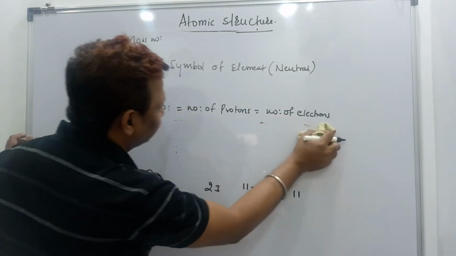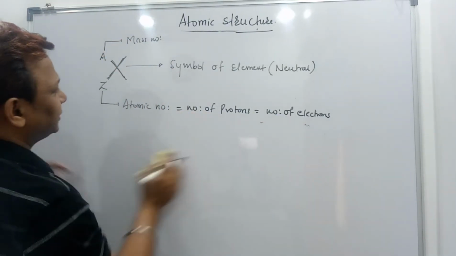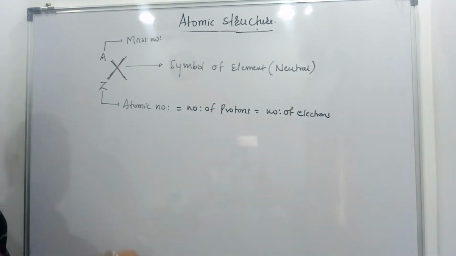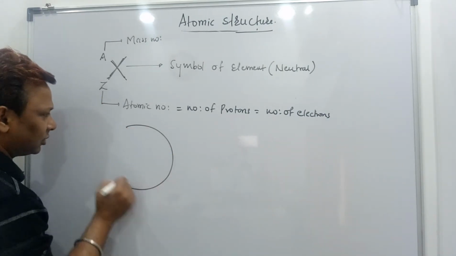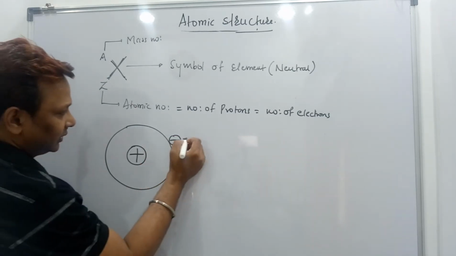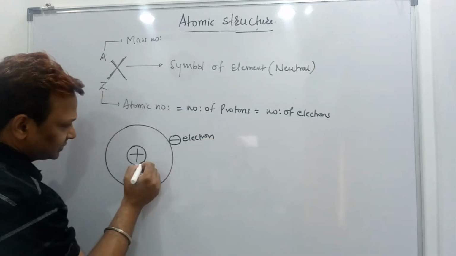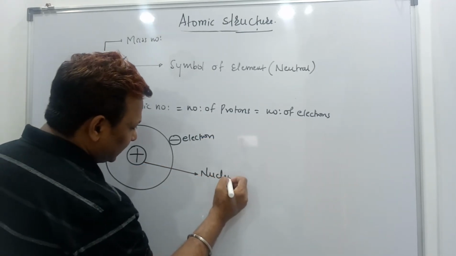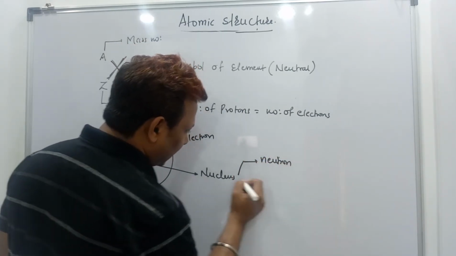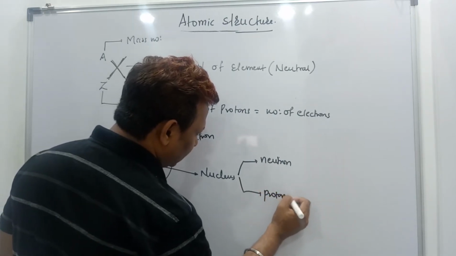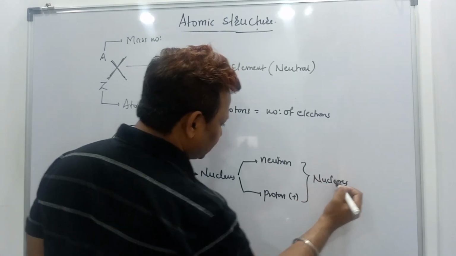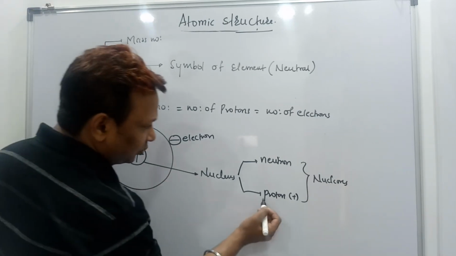Now see here. I have discussed with you that for a neutral atom, the number of protons is equal to the number of electrons, which is equal to its atomic number. In the structure of an atom, there is a positively charged nucleus and negatively charged electrons. Do you know this nucleus contains nucleons? A neutral neutron and a positively charged proton. Together, neutrons and protons are called nucleons. The nucleus is positively charged due to the presence of protons.